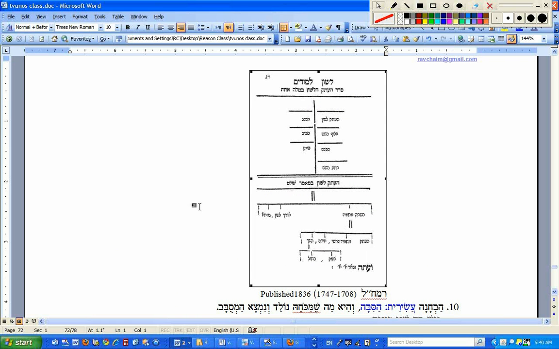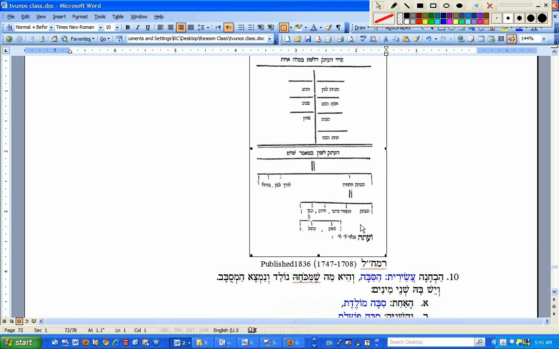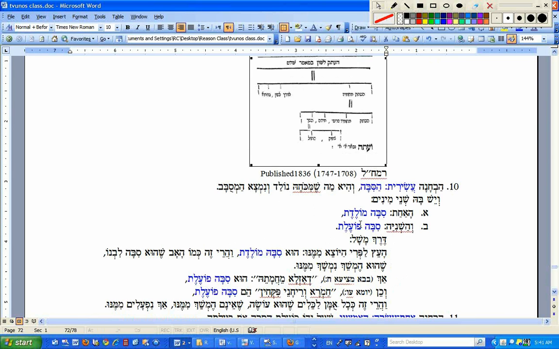That's 200 years ago. Baruch Hashem, we have tools that we can do that a little better, but it's clear that the Ramchal wanted to do that, and if he had the tools, he would have done it. So we're not doing anything unusual by organizing the Sefer. Matter of fact, I'm sure if he had it, he would have been doing it too.